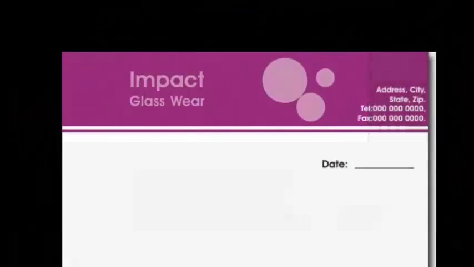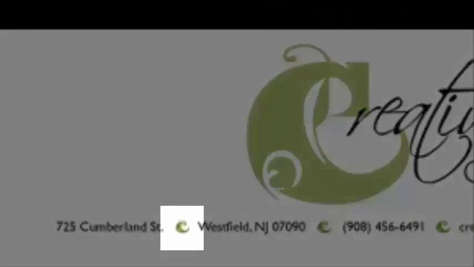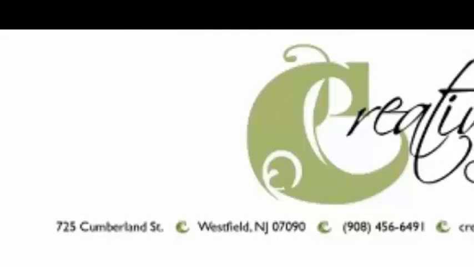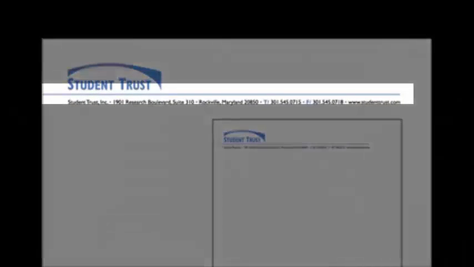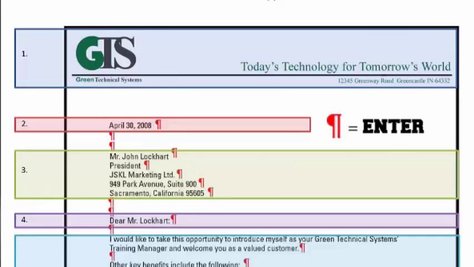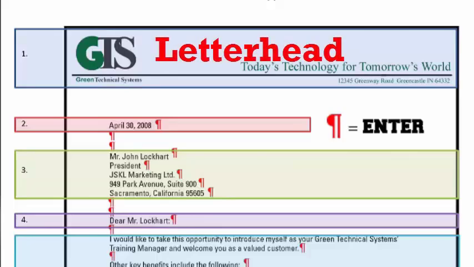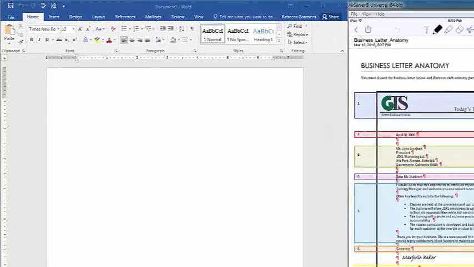Some have shapes as background of the letterheads. Some of the letterheads use bullets to separate all of the pieces of the company's information. Other times, a letterhead will use a border or a line to separate the company's logo and their information. So the design of a letterhead can really change. There's no set specific formula for how that letterhead has to be. So let's label number 1 in our business letter anatomy letterhead, and then let's hop over to our Word document,